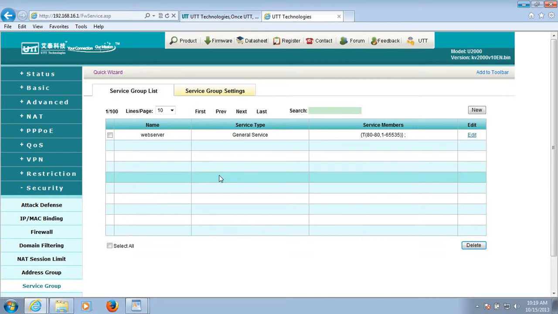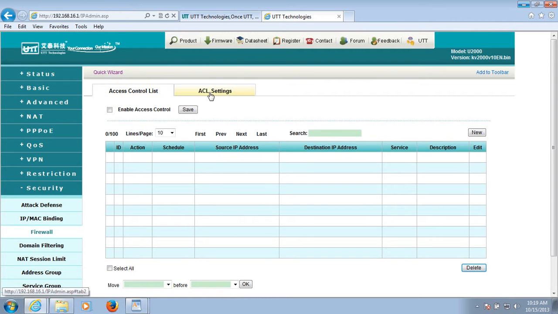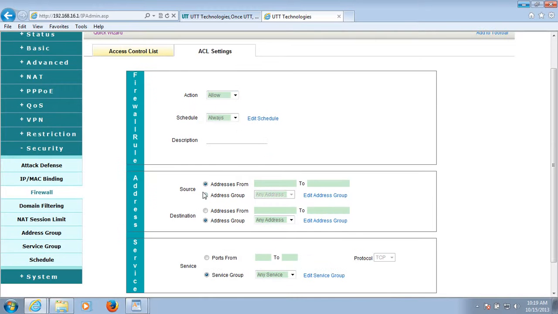Next, configure one ACL to allow the public IP address to access port 80. Click on Firewall and find the access control list. Click on New to create a new access control. Here, the action is Allow. The source IP address is the web server's IP address, which is 192.168.16.233,